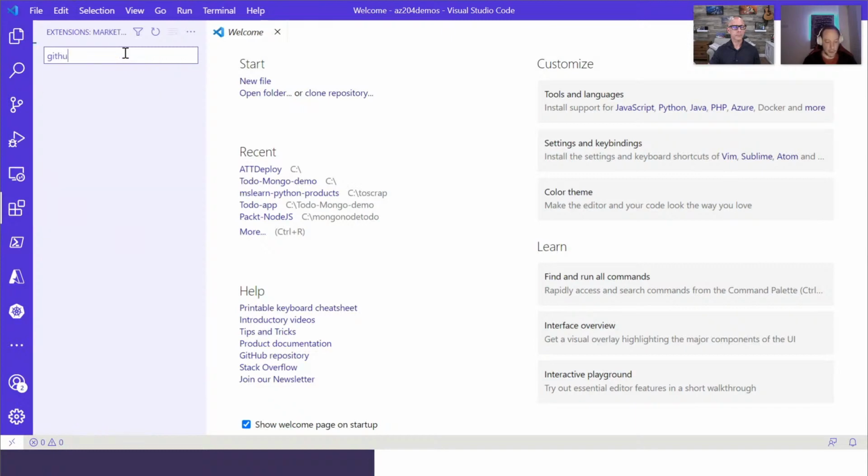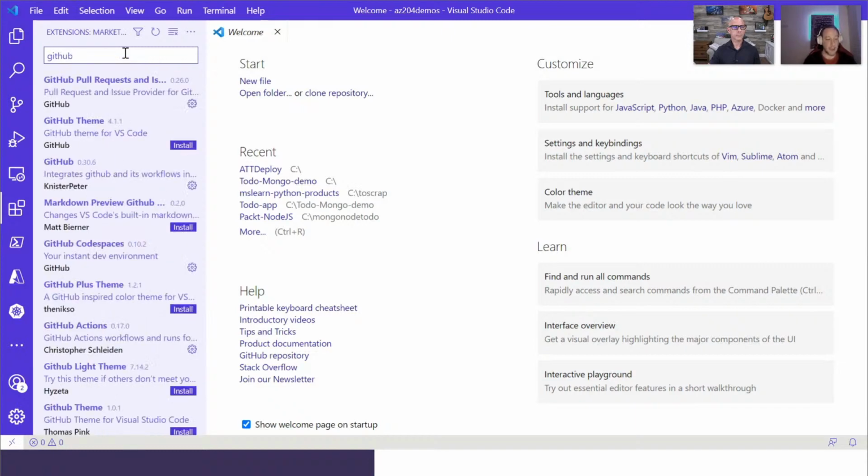So from here, you start searching for GitHub, and you're going to find that a lot of them are, I would say, official ones coming from GitHub, and other ones are coming from Microsoft employees, coming from MVPs, Microsoft trainers, again, partners, overall community. They're literally contributing to the success of the VS Code environment.